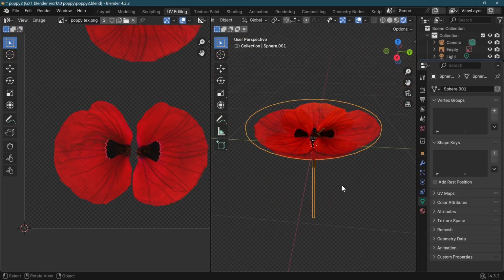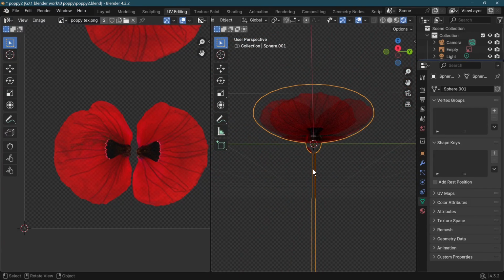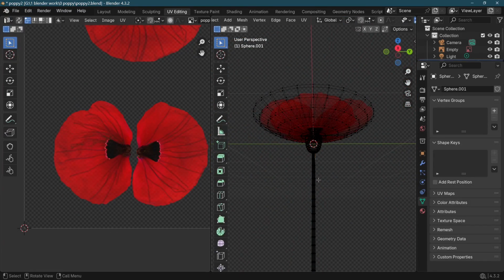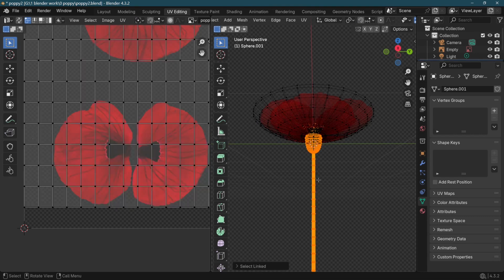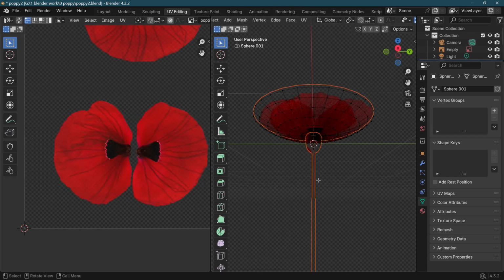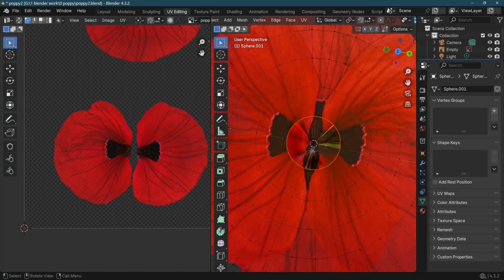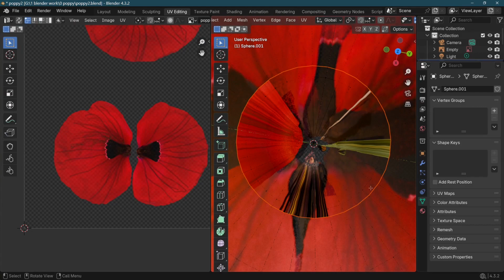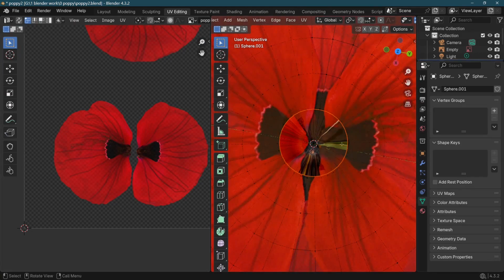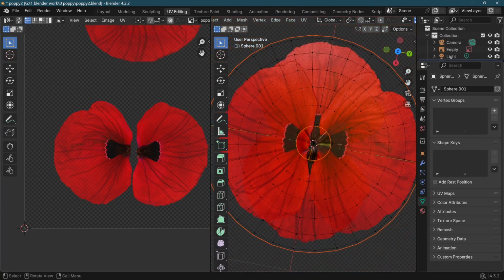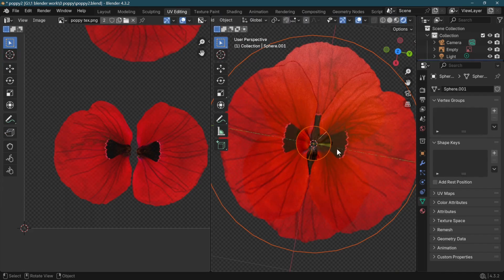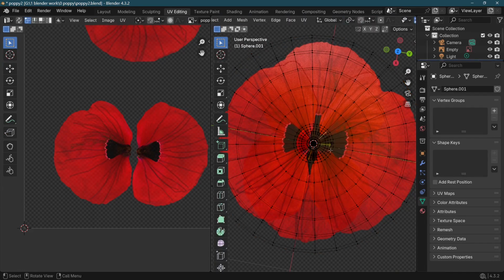I'm just going to separate this off. So going to edit mode, select this point here, L and P. I'm just going to separate into loose parts because different parts of this are going to be coloured in different things. So we can do this all in UV editing as well by pressing the tab key like so, just to go into edit mode,